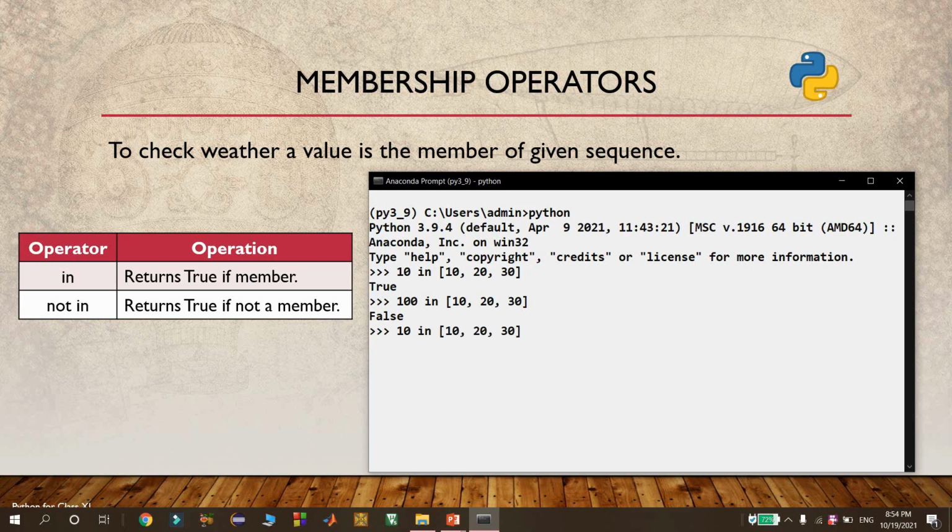If I consider the statement with 10 and the not in operator, we got false because 10 is present in that list. Then let me consider 100 as a value to check within the list with the not in operator. Then we got true because 100 is not present in that list.